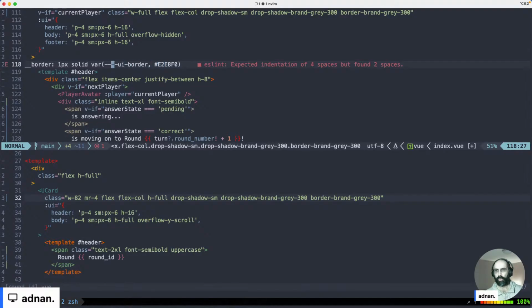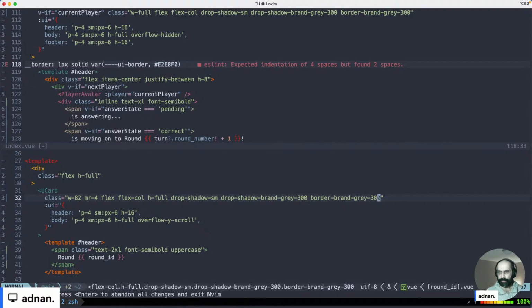var UI border, solid. I mean, one of my grays is this, right? Like,